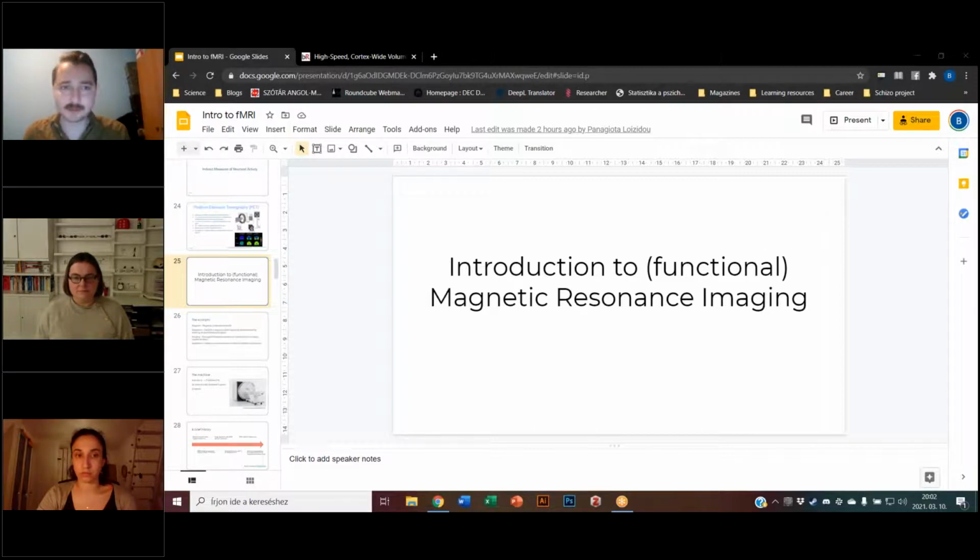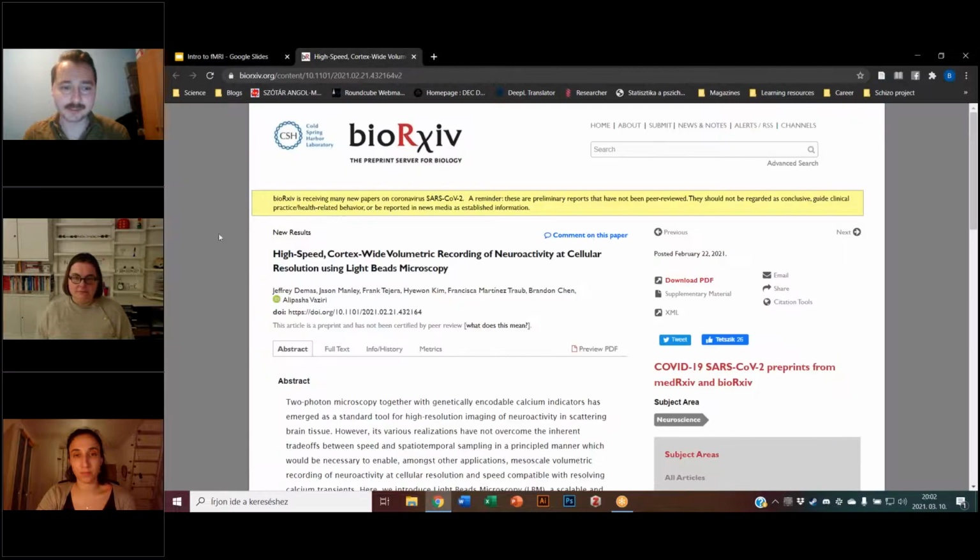A lot of the trends in methodological developments in neuroscience have been trying to find ways which give us all three of these things. A neuroscientist's dream is really good temporal resolution, good spatial resolution, in a large number of neurons. And one recent example of this that I wanted to highlight is this preprint by researchers at the Rockefeller University